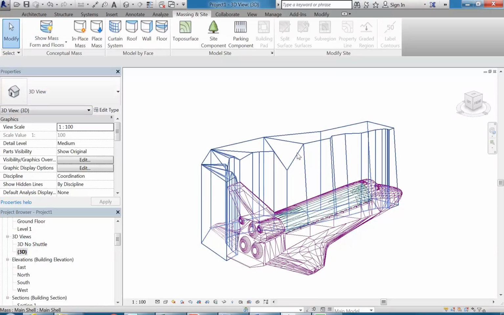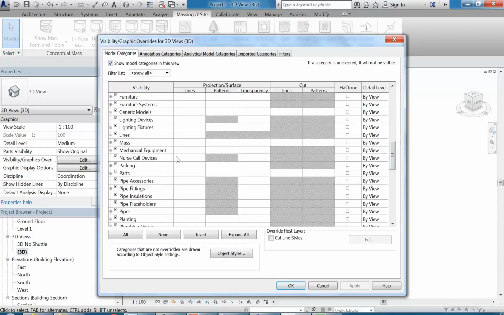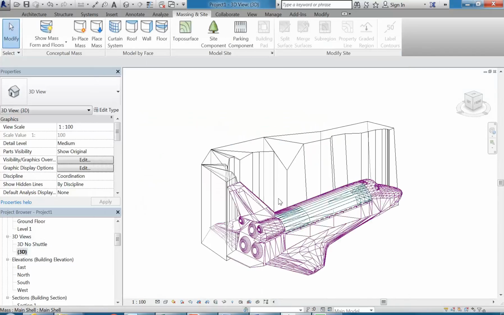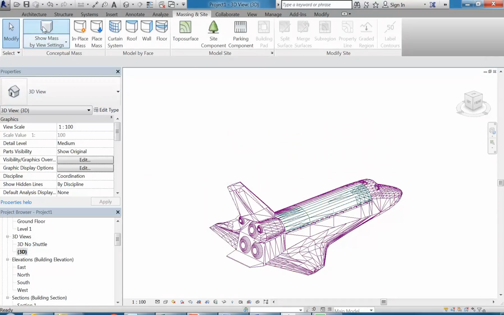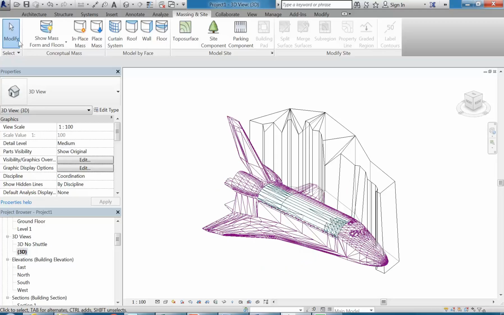I might have changed my view settings, so let's just go into the visibility graphics overrides, go to edit there, and then, yeah, I must have turned massing on in the template. So this button, that would normally be off. And then, let's see, that's better. Okay, so that toggle there toggles the massing on and off because it's not meant as a